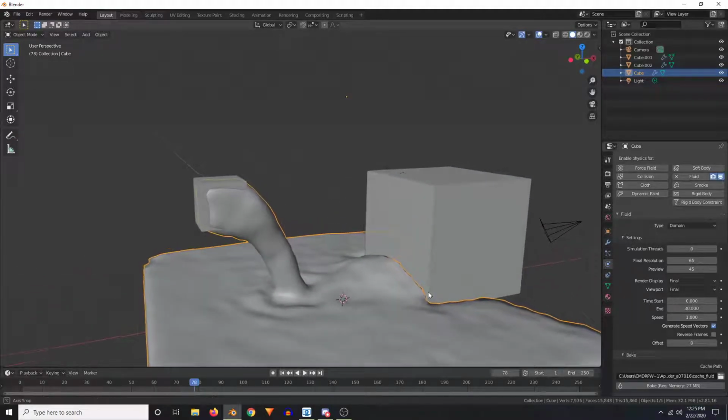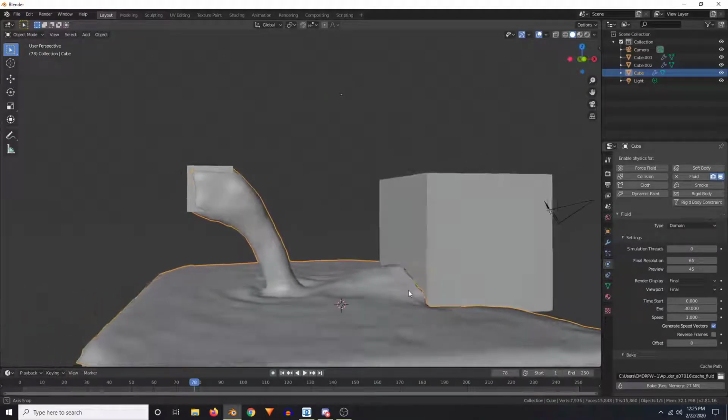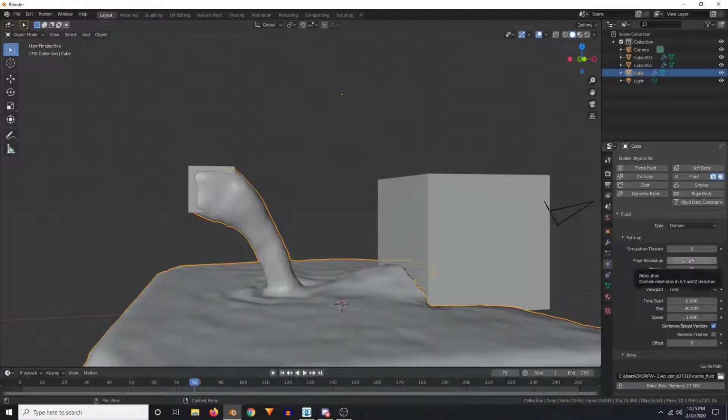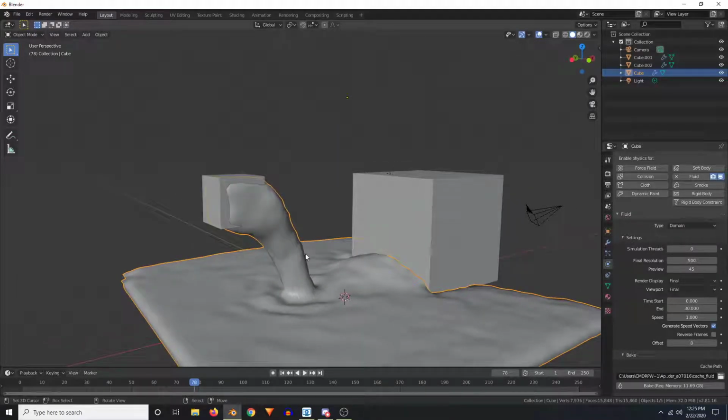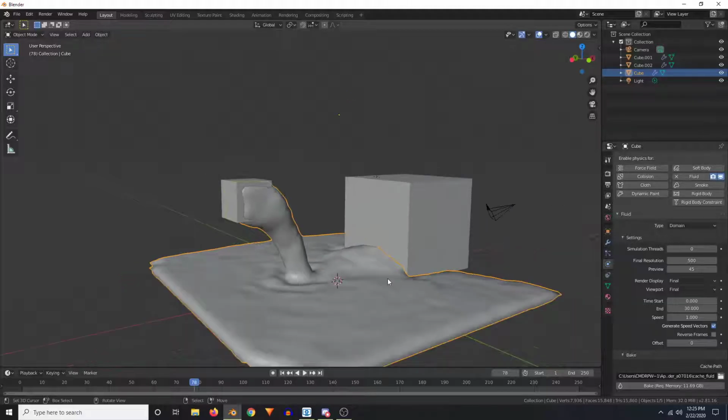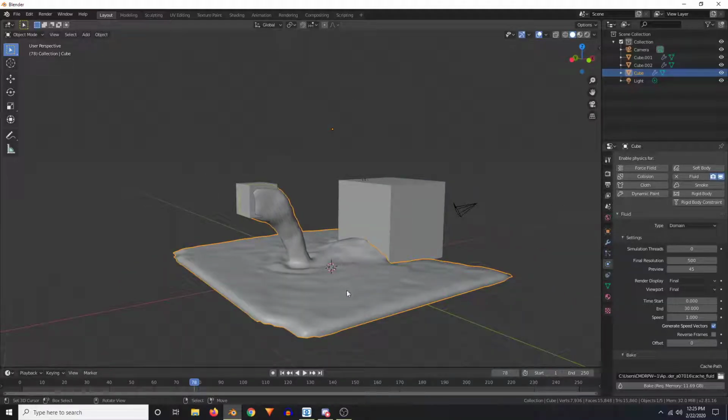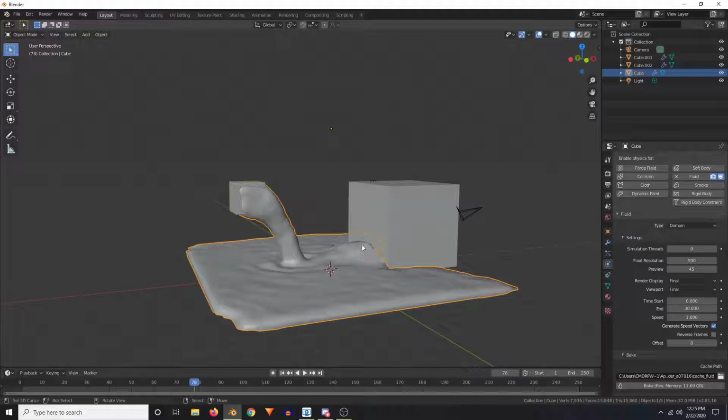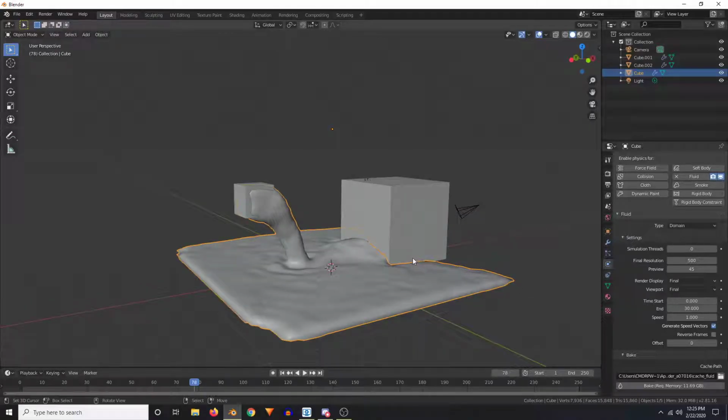But let's say that this is still... You can bump this resolution up all you want to, let's say, resolution of 500, and it's going to take almost 12 gigs of hard drive space to bake this cache. But it won't look much better than what it already is. You'll have little micro displacements and ripples and stuff in the water, and maybe a few beads of splash going on around here, but it's still going to look